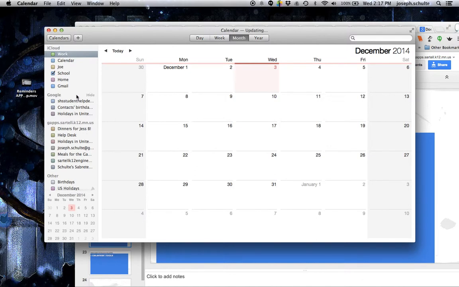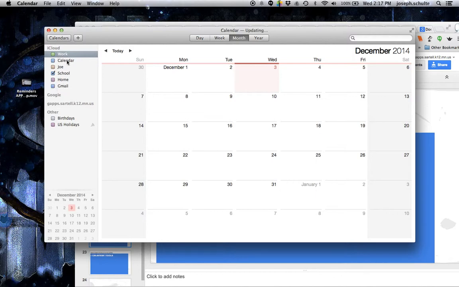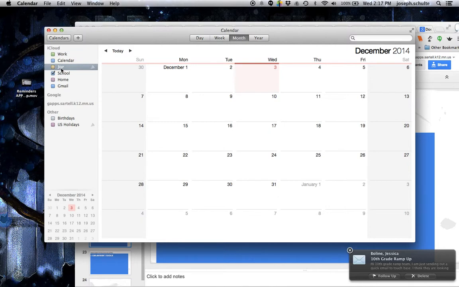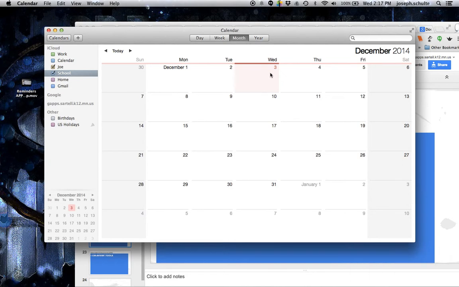Now I have a whole bunch of other shared calendars over here, and you're probably just going to see something like this. We have to check one of these. We can color code our calendar by selecting one of these and checking that box, and whichever one we have highlighted is the color that it's going to make the event. So for today, I need to remember to bring a non-perishable food item to school when I get home. I'm going to double click, create a new event that says